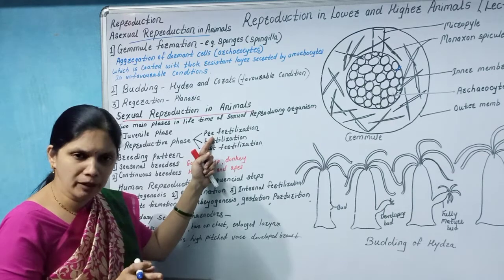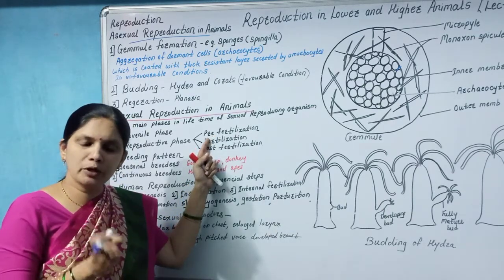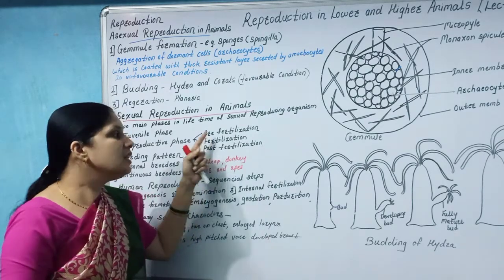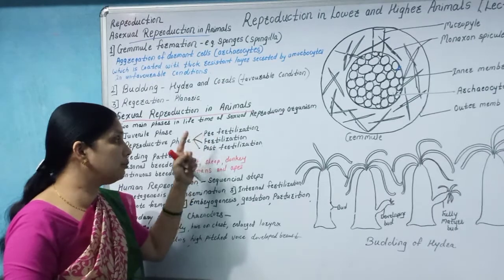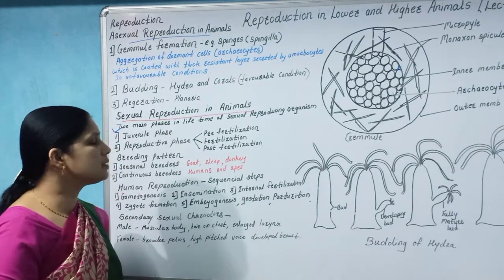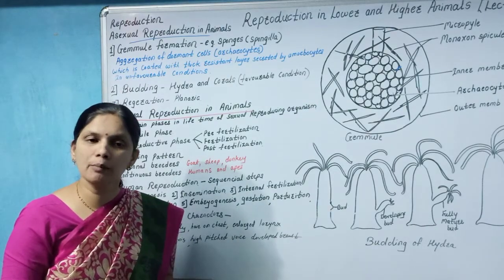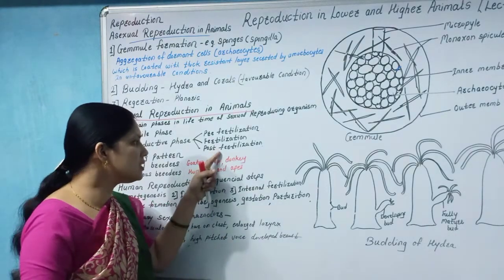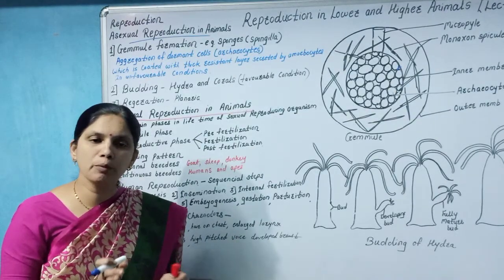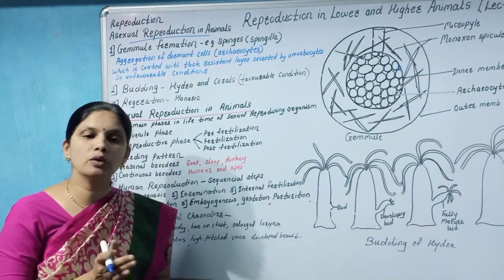formation of the gamete, meaning development of the sex organ. After the development of the sex organ there is a development of the gamete. This takes place in the pre-fertilization step. Then fertilization means union of male and female gamete. Then post-fertilization changes: after the union of male and female gamete, the zygote is formed, and then the zygote undergoes